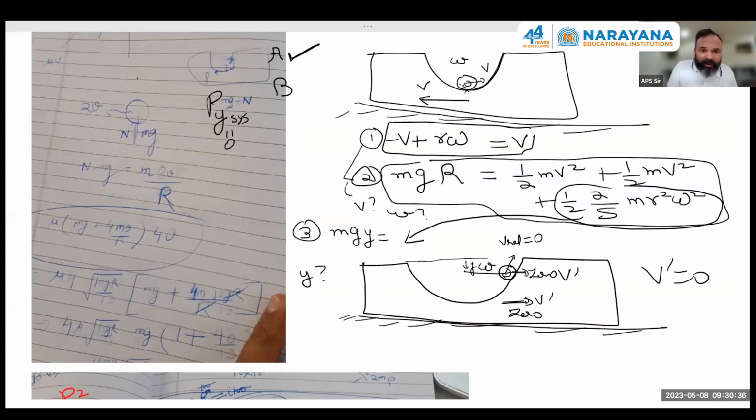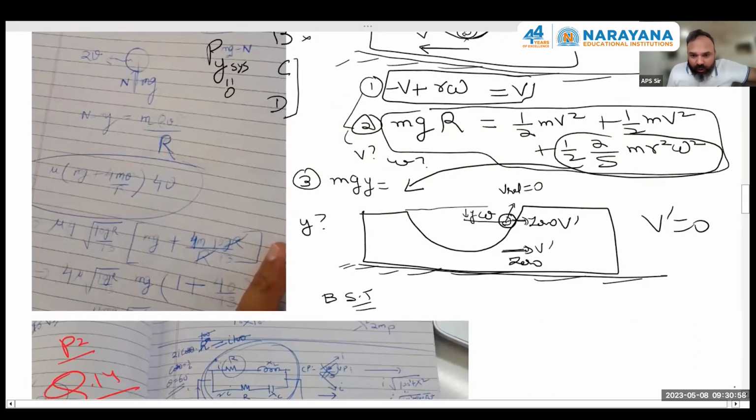B option. Maximum height I have calculated. If you check, you can see it is not coming out to be correct. I've told you the concept. Now look into C and D parts. C and D parts were based on the same concept. Tell me, the first time this body crosses B, you have calculated everything. Then it goes to the topmost position. It comes down. When it reaches B